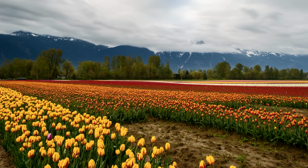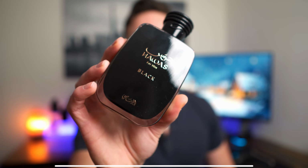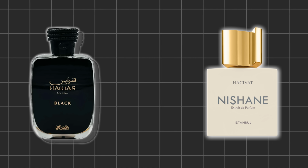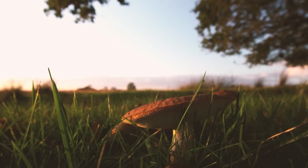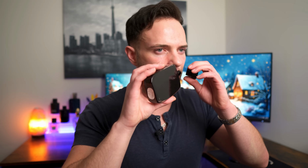Now we are going to add a spring fragrance. My choice for that is Rasasi Hawas Black. This is a clone of Nishane's Hachivat, which is honestly scary close, very good performer. This has brightness. This is very earthy. You get a very heavy oak moss accord to this, but you're also getting some bright citrus, which is listed as pineapple in Hachivat. It's very musky,